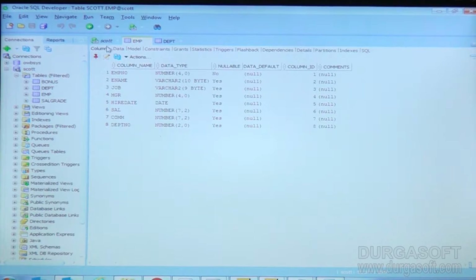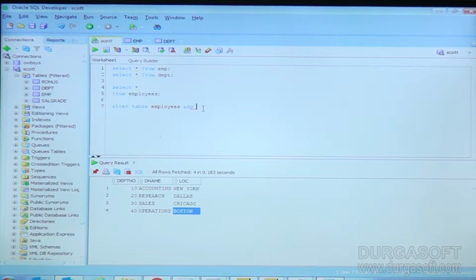Manager name I want to add, but it will be varchar2 of 10. This is one column I want to add here, and another one is